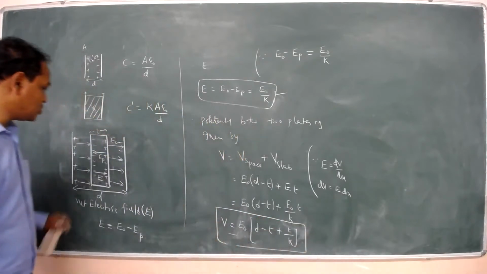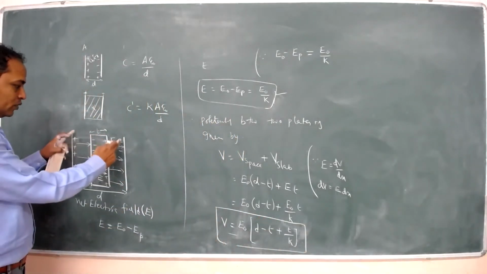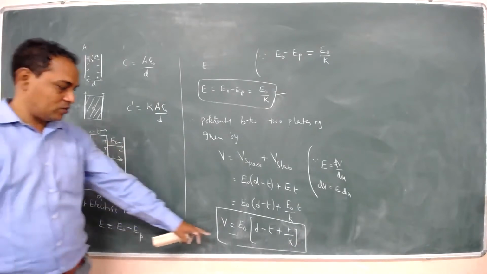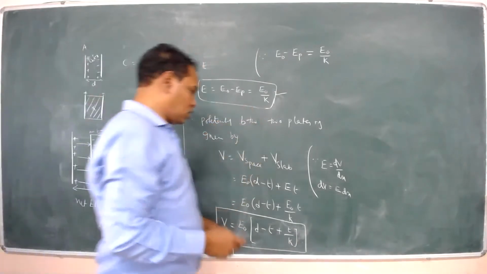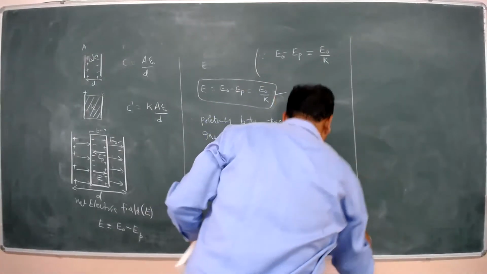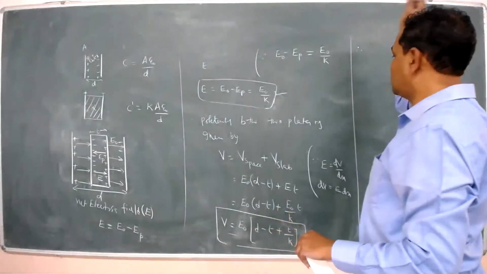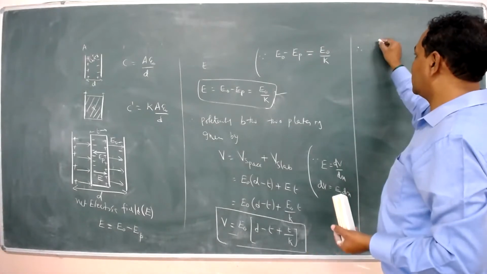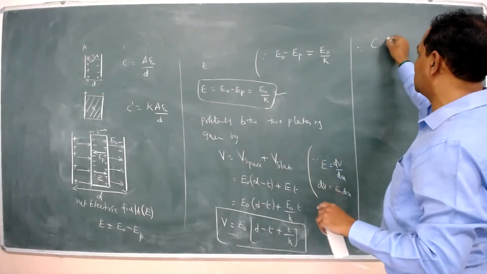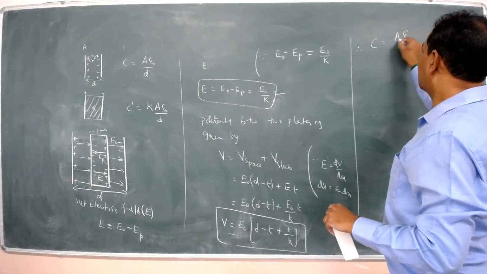So the electric potential between these two plates is given by this much. This is the potential we can get. Therefore, now we can calculate the capacitance value. What is the general formula for the capacitance? We know that the capacitance between the two is given by C is equal to A epsilon naught by,